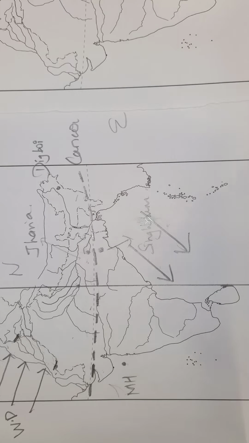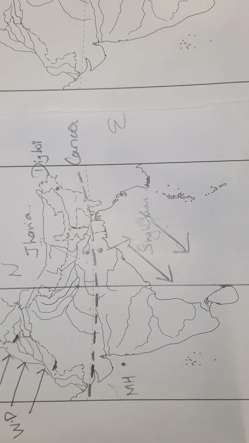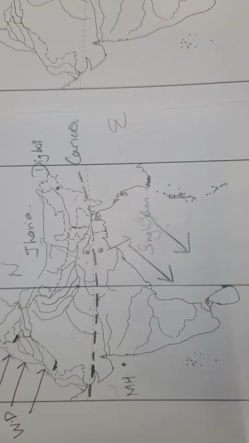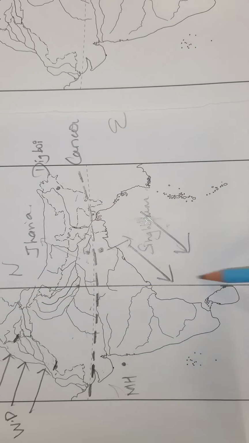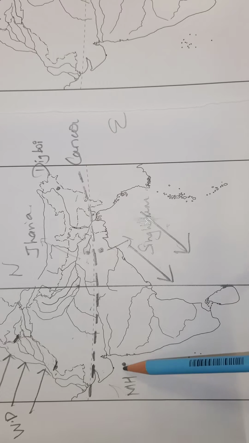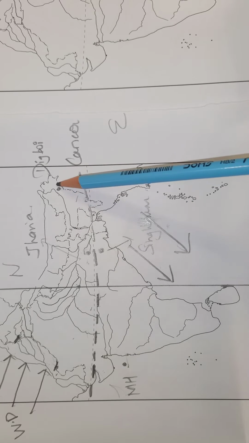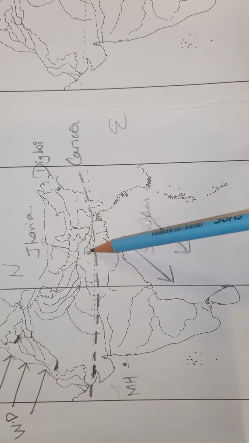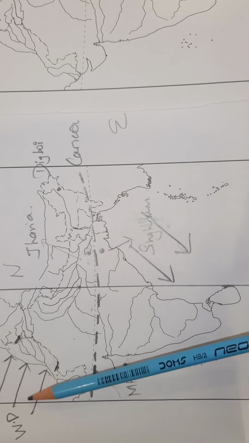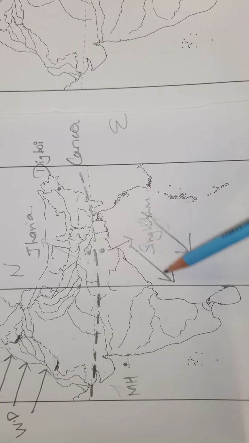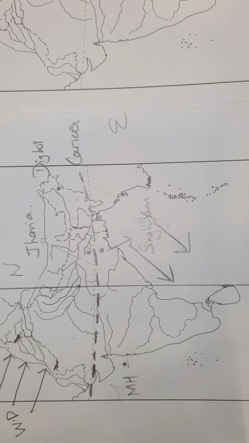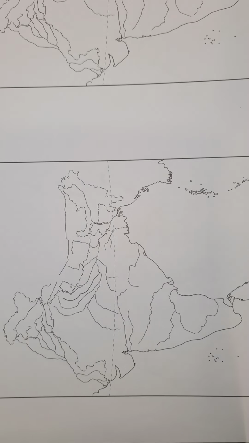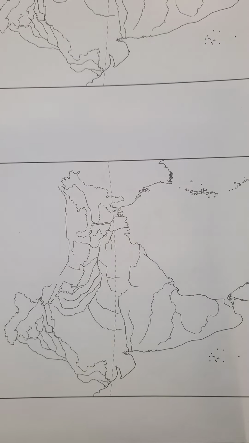I'll just repeat it. Tropic of Cancer 1. Second we had done is the Standard Meridian 2. Mumbai High 3, Digboy 4, Jharia 5, Singhbhum 6, Western Disturbance 7, and the Northeast Monsoon Winds 8. So these 8 things we have completed till now. Now I have taken a new map to mark the rest of the things.